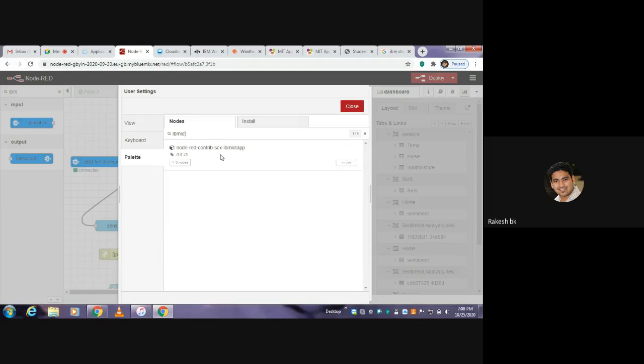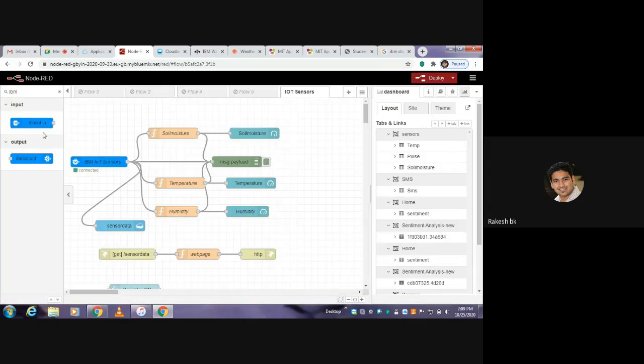If I click it on, that gets added to your menu bar. So this is a kind of a dictionary where most of your nodes will be stored here. So if you want a respective node to be reflected onto your menu bar, you can just type it here, and you can just move that particular node for your application, right? Then you can see that it is present onto your IBM menu here. So you can drag and drop it here. So I get it. So double click onto that.